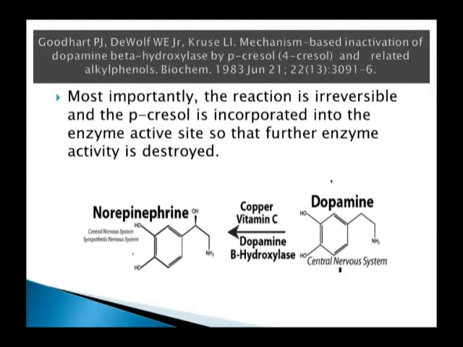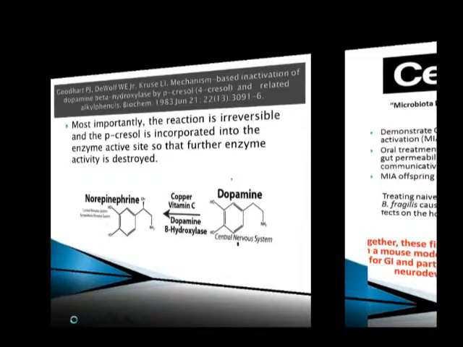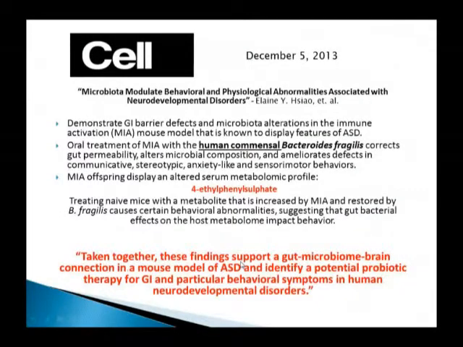And you know, hopefully some of you who start working more with this can help all of us learn if there's a better way of doing things with respect to some of the vitamin C supplementation when these things are present. Okay, so now let's come back to this particular journal article in the journal Cell. All right, so these were mice that had autistic characteristics. They found this 4-ethylphenol sulfate. They gave them Bacteroides fragilis to try to improve the microflora, if you will, the environment of the gut. And when they did so, there was an improvement in the autistic characteristics in these mice.